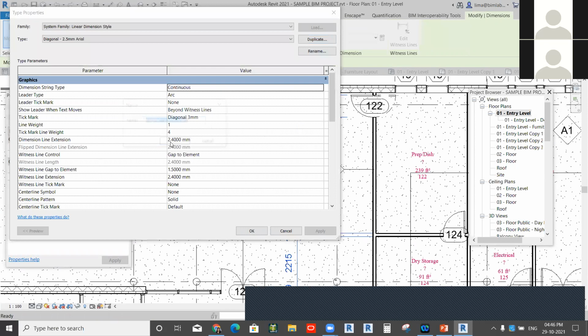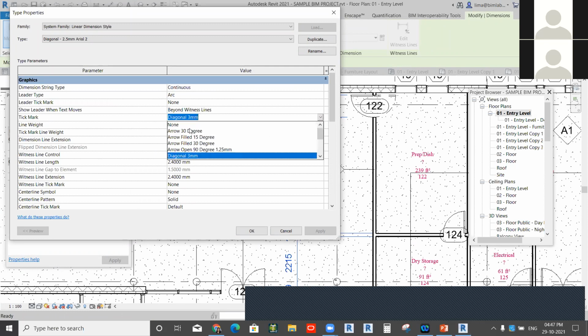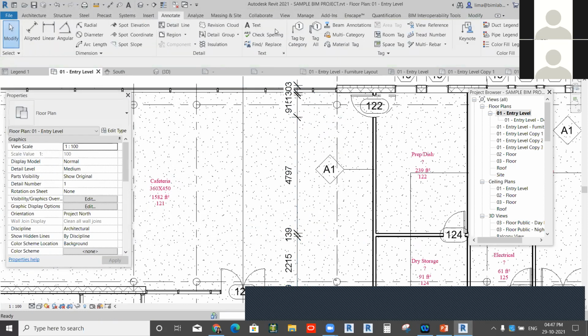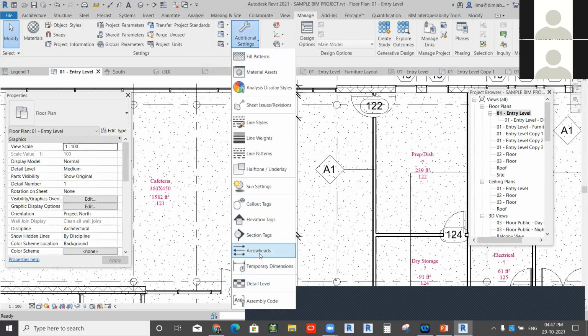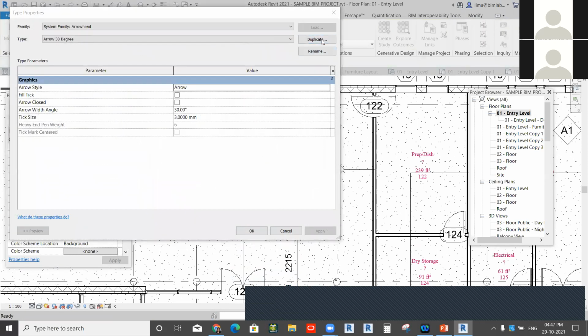You can simply duplicate and set the gap to element. You can change the dimension line, and the arrowhead also. By default there are different types of arrowheads, and you can create your own. Go to the Manage tab, where there is Additional Settings, and there is Arrowhead. You can create your own arrow.